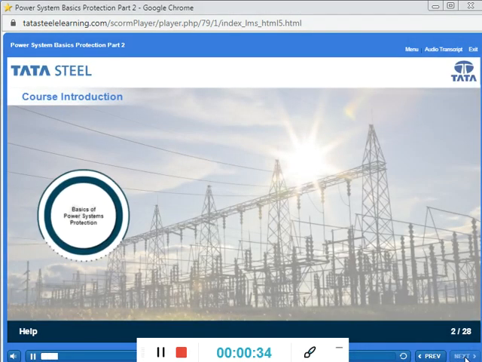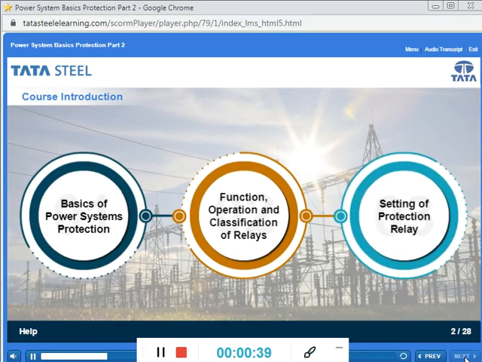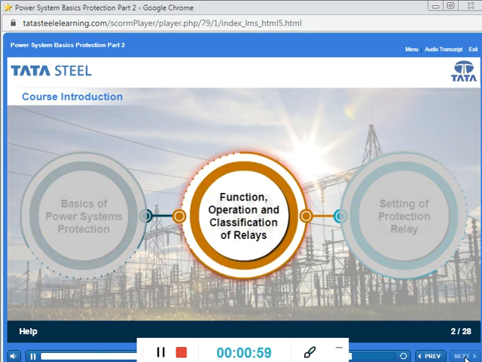Hello everyone, welcome to the second module of e-learning course on power system protection. In the previous module, apart from discussing the nature of faults, types of faults, qualities and basic principles of protection, we have also discussed about the components of protection till tripping and auxiliary supplies. There is one more component and a very important one, which is relays. We will discuss about it in detail in this module. Let's get started.